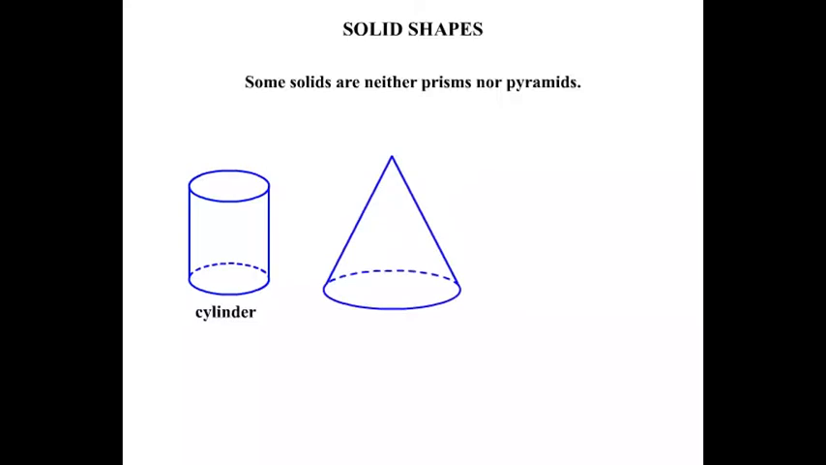Now, some solids are neither prisms nor pyramids. For example, that is a cylinder. You might think, well, that looks like a circular prism, but it's not really called that. That's known as a cylinder. That one there is a cone. And this one here, it's a ball shape. Okay, but the technical name for that